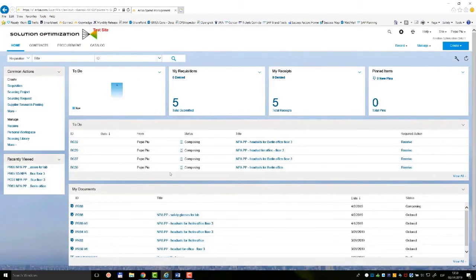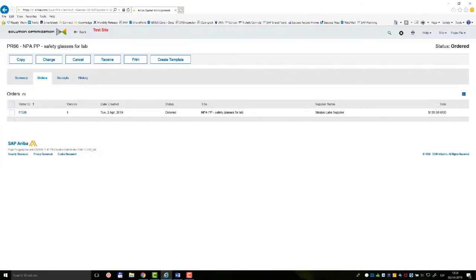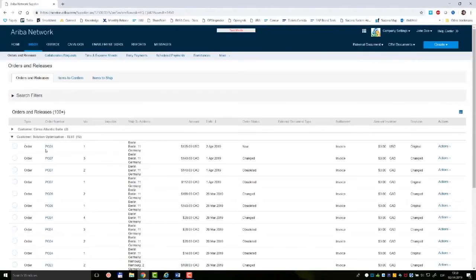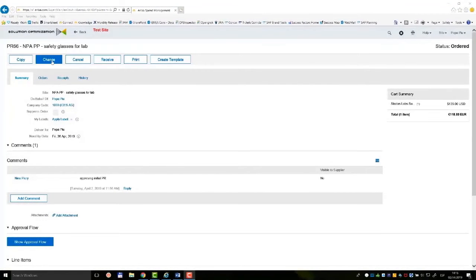We already have our requisition 66 created in the system that we submitted, and a purchase order was generated and sent to the supplier. So the supplier can see the PO28 as new already in his inbox. So let's change the requisition's quantity,